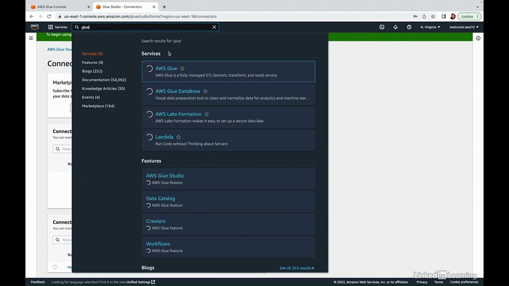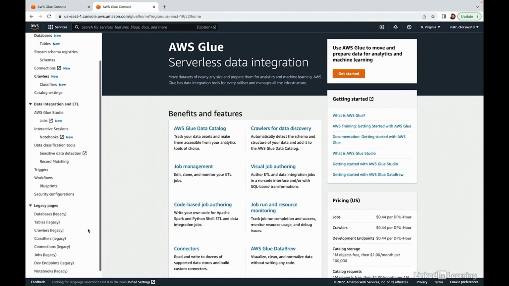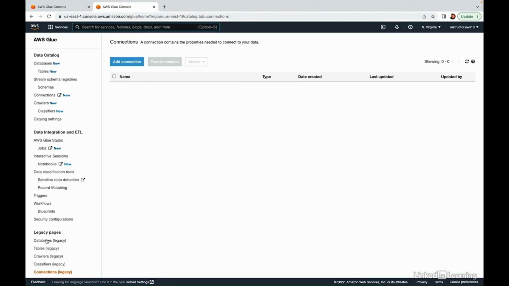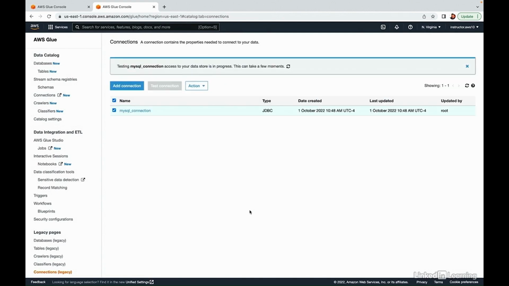If you type in Glue and go back to the front page, you may see this Legacy Pages section. Scroll down and click Connections Legacy. Now, this is just an older user interface, but it does have this nice, useful button here. I'm going to click MySQL Connection, click Test Connection, choose the IAM role that we created earlier, and click the Test Connection button. Now, when you're watching in the future, it's possible that Legacy Pages section will have been fully retired, and you'll